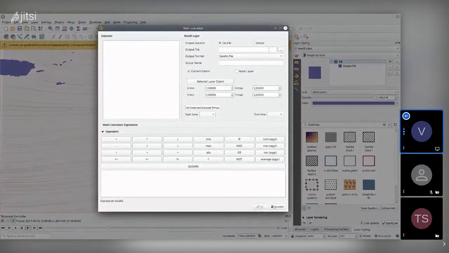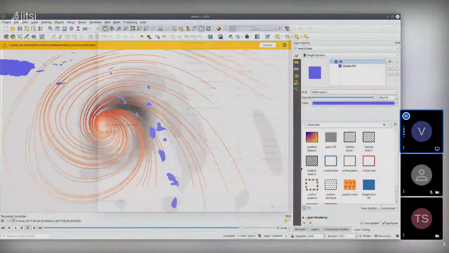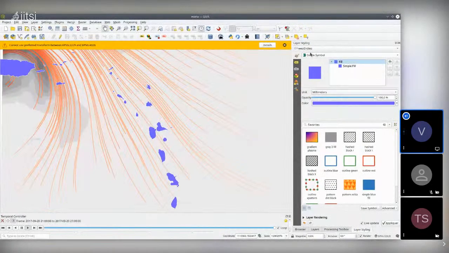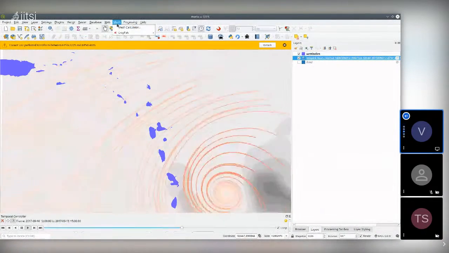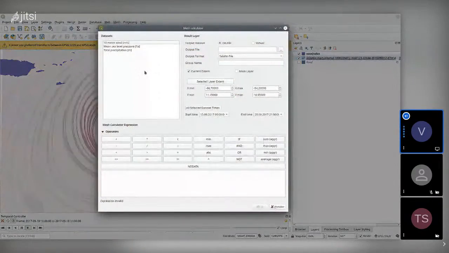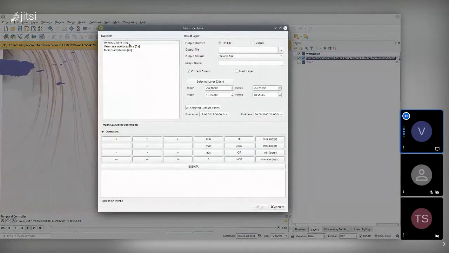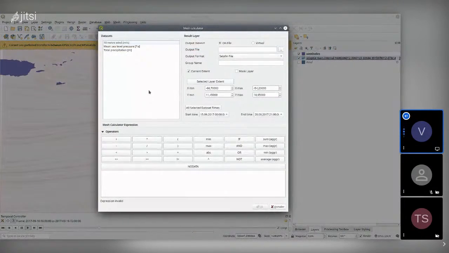But here I have a problem, I don't have the data, because I have to select the data. Okay. Here, mesh calculator. You can do some calculation with the dataset value. You can store the result